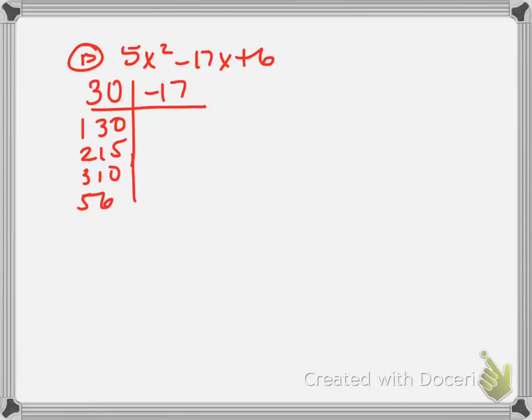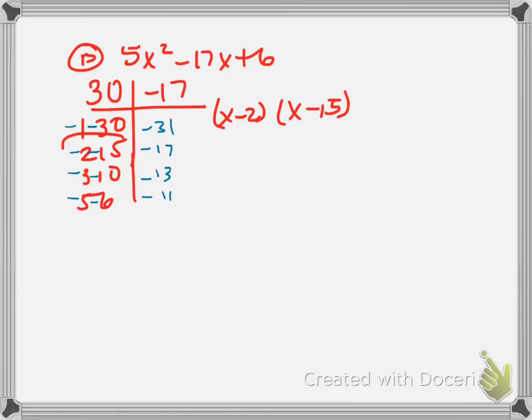They're both positive or both negatives. But look at your middle number, it's what? So then they both have to be negatives. Negative 1 and negative 30, negative 2 and negative 15, negative 3 and negative 10, negative 5 and negative 6. So who gives me what I'm looking for? Very good. X minus 2 and x minus 15. Am I done? No. I still have to